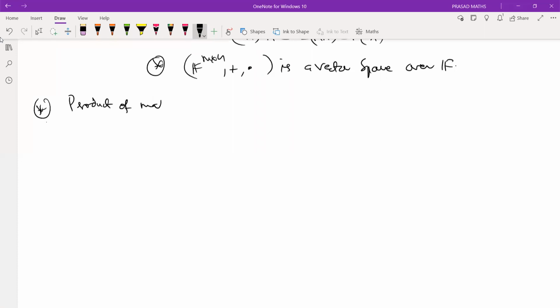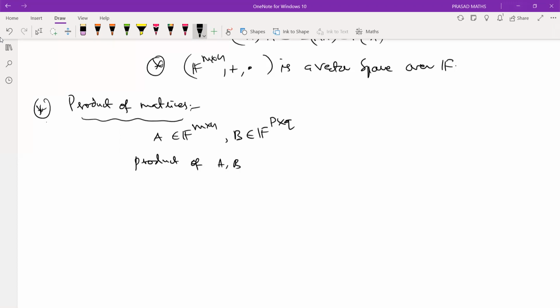Product of two matrices. You can take anything. Suppose A is a matrix of m by n, and B is a matrix of, suppose you take, p by q. The product of this A and B is denoted by